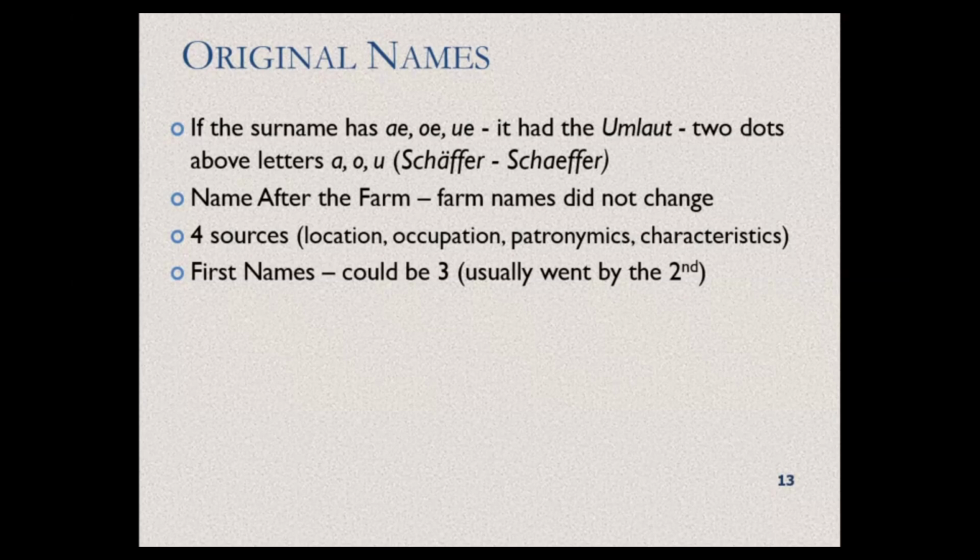But you still need to check under both when they came here. So he could say, I am Johann Friedrich Neumann. So you need to check under Johann Friedrich or just Friedrich Neumann. So check under both. It was very, very common. All brothers would have that saint's name Johann in front of their first name. And all girls would have that Anna as first saint's name, but they would go by the second name.